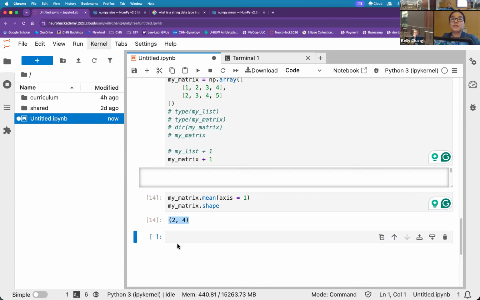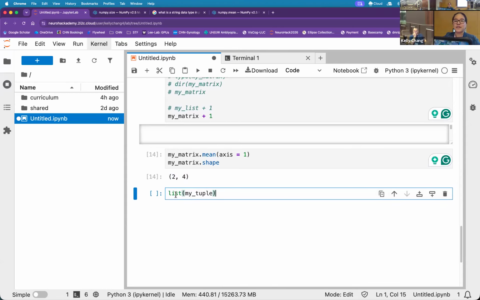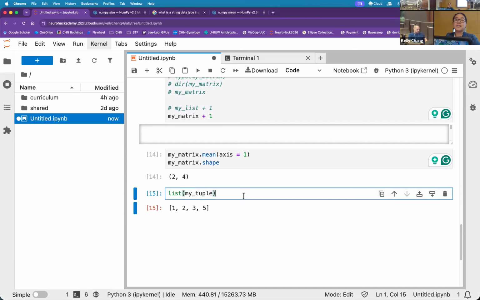Yes? Coerce the tuple to the list or back? Yes, you can. Yes, you can. Very good. You can coerce between types. So if you call on functions, this is a base function called list. I'm doing it on my tuple that I defined earlier. Well, there it becomes a list, but it's not actually still that tuple object. You can go call it back. So let's just say copied tuple as list. Don't type this variable name. It's so long.